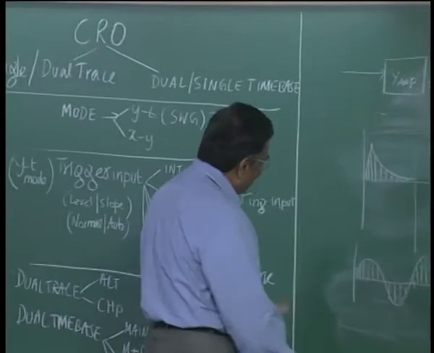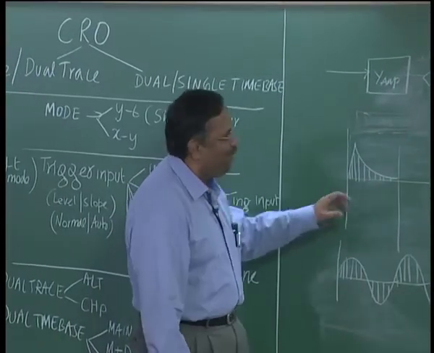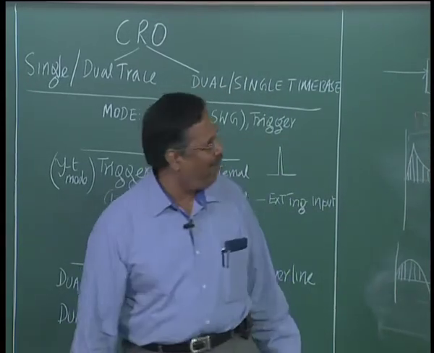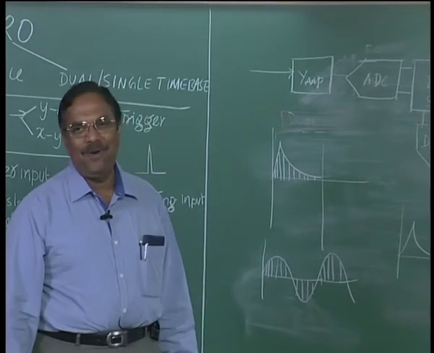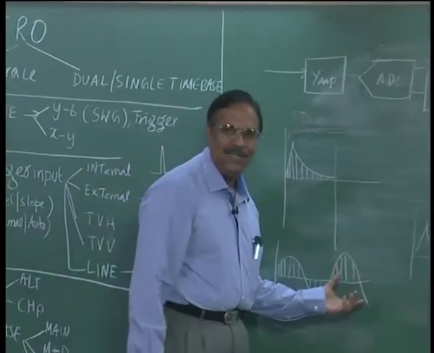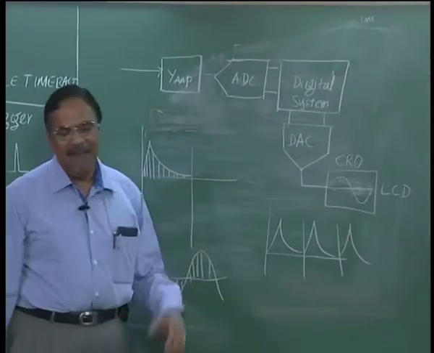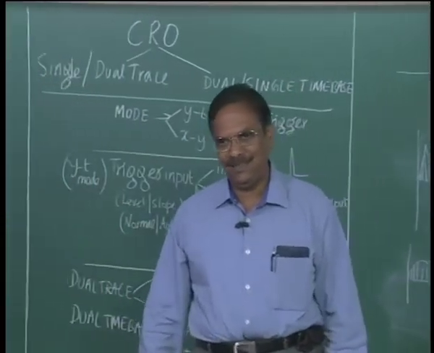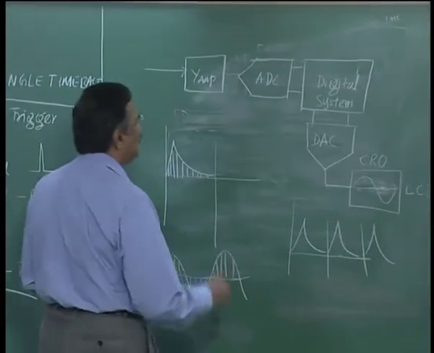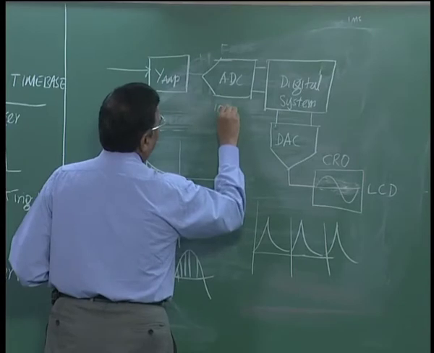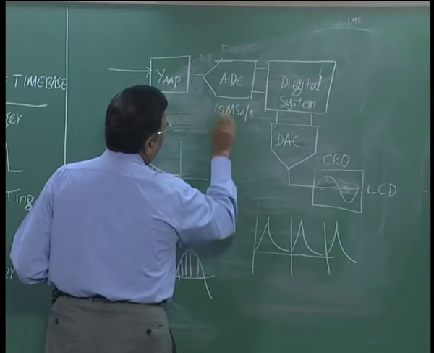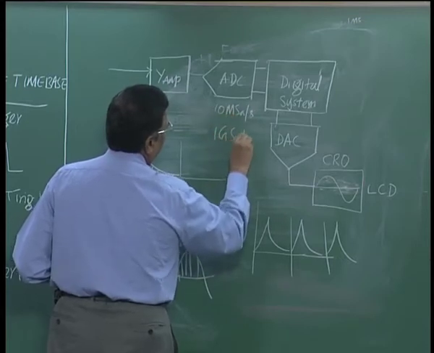But on an oscilloscope that is not adequate. If I have a sine wave and I have only 3 samples, right, mathematically, yes, I can reconstruct the sine wave, but I will not be able to see a nice sine waveform on the screen. So you need multiple samples, right. So these ADCs have to be really very fast ADCs, right. So even a simple starting storage oscilloscope will have anywhere between 10 mega samples per second to 50 mega samples per second to 1 giga samples per second ADCs.